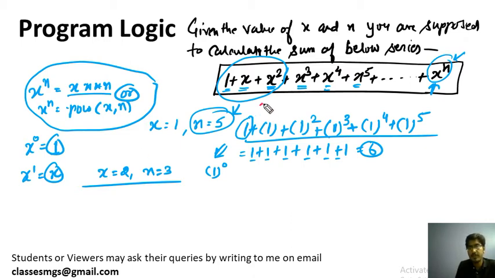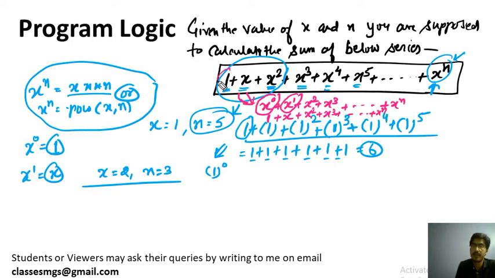If you are writing this like this: x0 plus x1 plus x2 plus x3 and so on plus xn, it is equivalent to this series only. Why? Because the value of x0 is 1, the value of x1 is x. That's why it is written like this in the problem, but actually it looks like this.